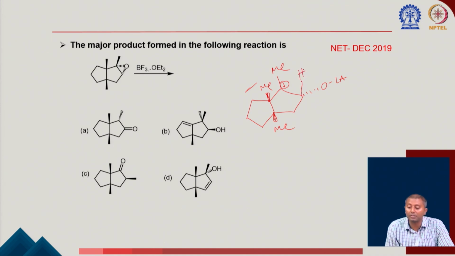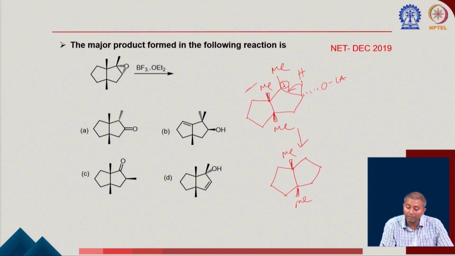So now you can see that there is going to be proton abstraction, to neutralize the positive charge. So this can give electron density. The sigma bond of carbon hydrogen can give electron density here. So that can form this, and then it is going to end up forming